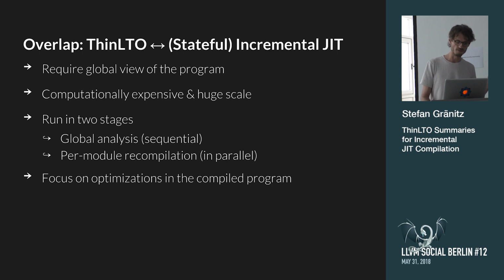Both run in kind of two stages, which is a global analysis, for example, to find the module where our function is in and which dependencies there are, and to prepare everything for compilation in the JIT case, and a per module recompilation, which is the thin backend for ThinLTO and the recompilation of all modules that we need to update and create new revisions for in the JIT case. And also the focus on optimization of the compiled program is actually a very good thing,